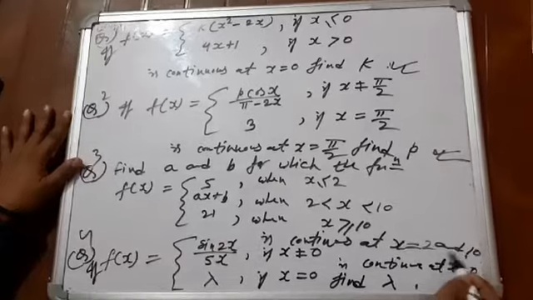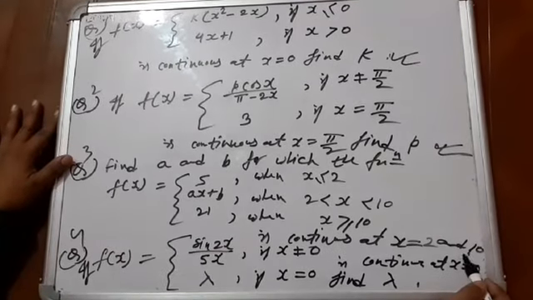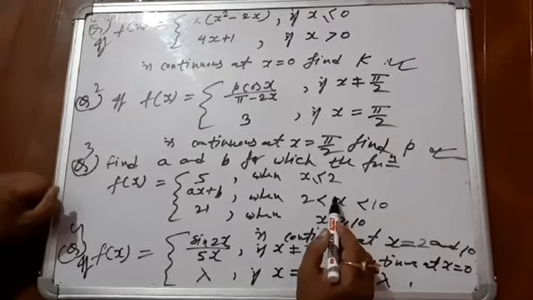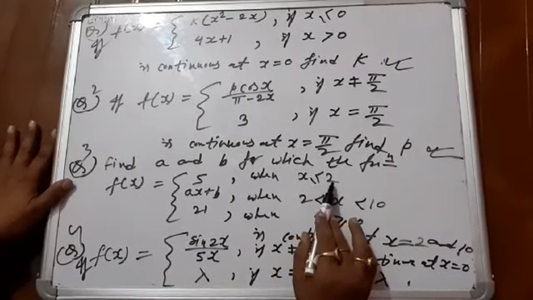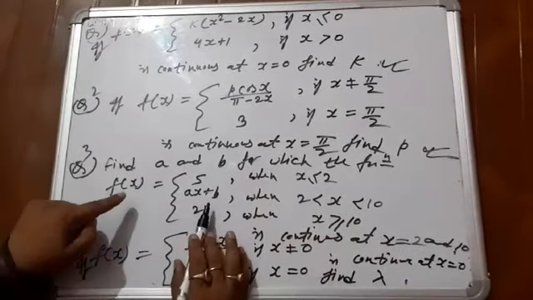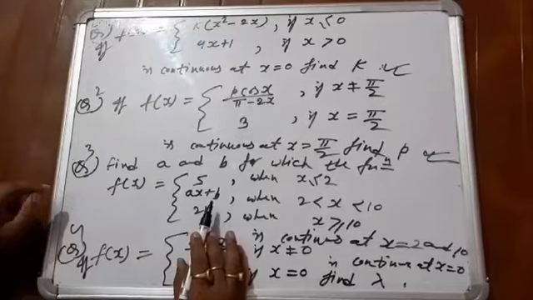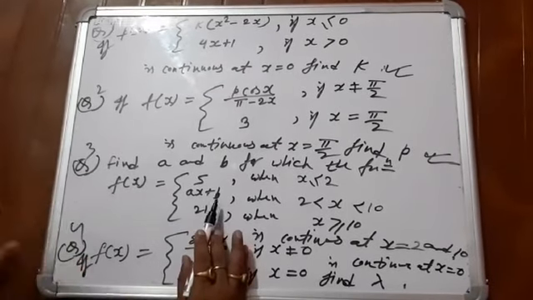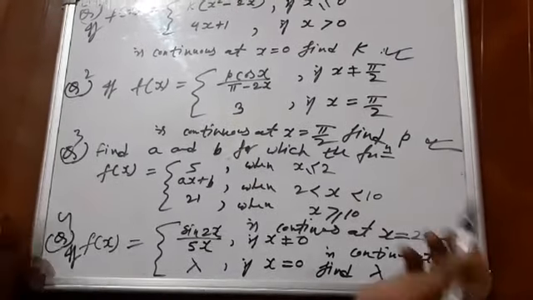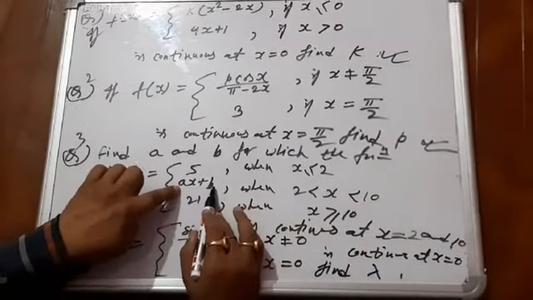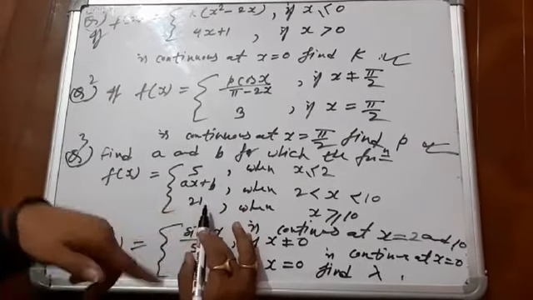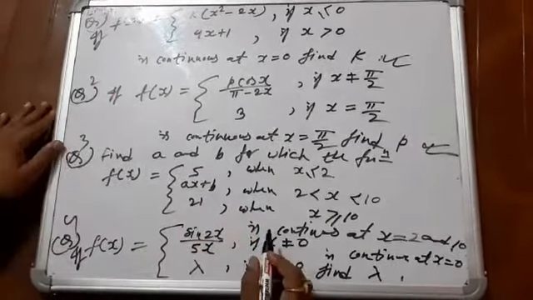So here there are 2 points given. Then you are going to do it case-wise. Case first, at x equal to 2, find LHL, RHL or value of the function, whatever is needed. You will get one equation in A and B. Case second, it is continuous at x equal to 10. Again you will get one equation by finding LHL, RHL and value of the function, one equation in A and B. Then solve accordingly, you will get the value of A and B.